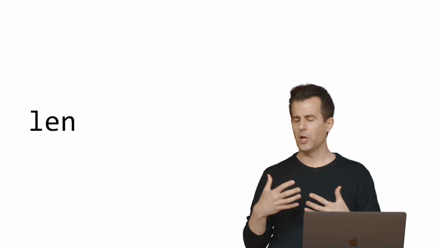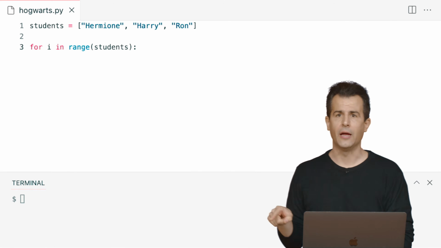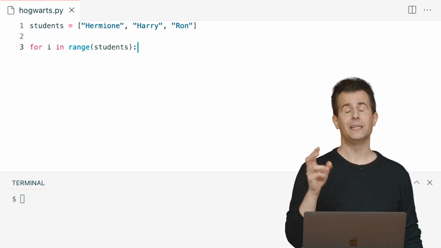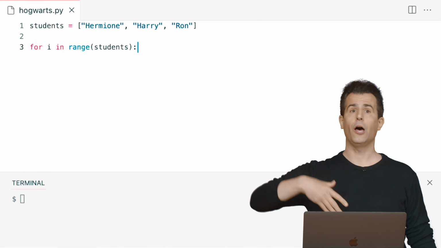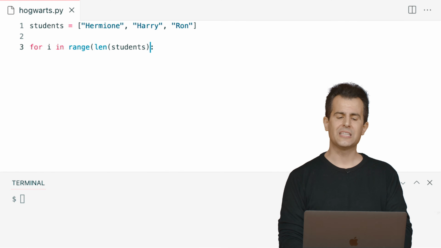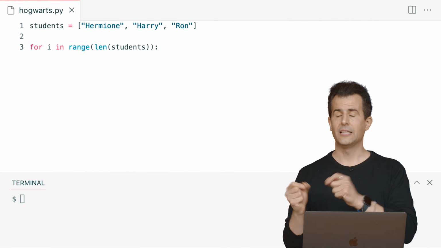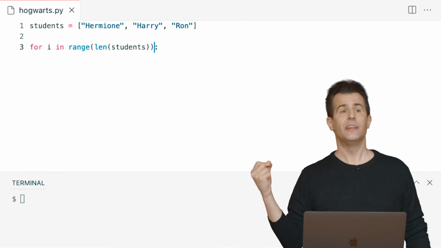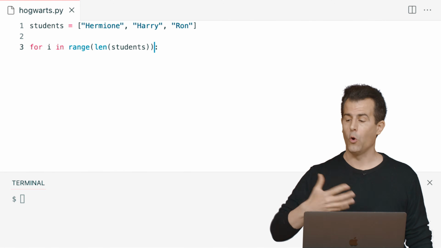But there is a solution here. It turns out that there is a function in Python called length, or len, L-E-N, that will tell you the length of a list and other things down the line too. And now I think I can assemble these building blocks in a way that can allow me to use numbers in this way. So range doesn't take a list of strings. It takes a number. And ideally, that number is going to be 3. So I get a range of values, 0, 1, and 2. So I think I can nest my functions like this. If I first get the length of the students list, that's going to be 3. Then I pass that return value as the argument to range. That's going to give me back a range of values, 0, then 1, then 2.